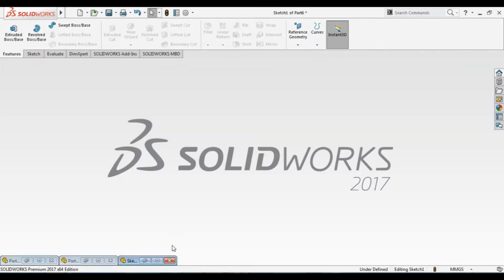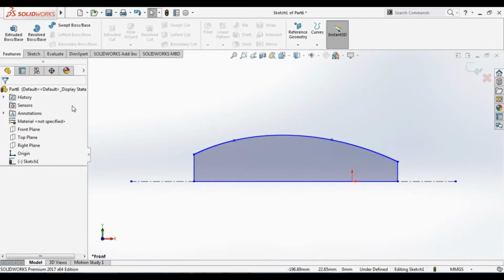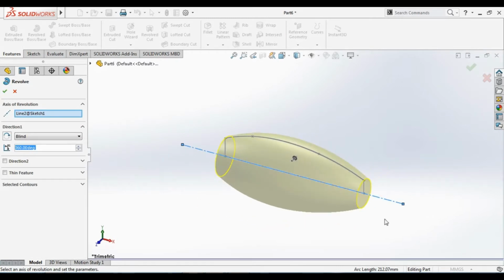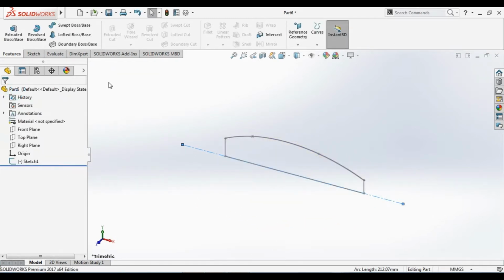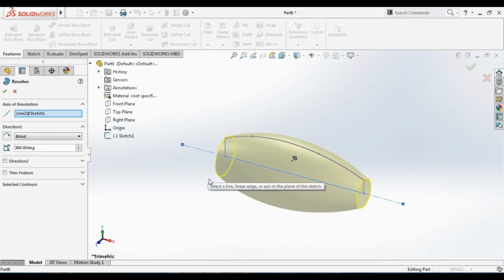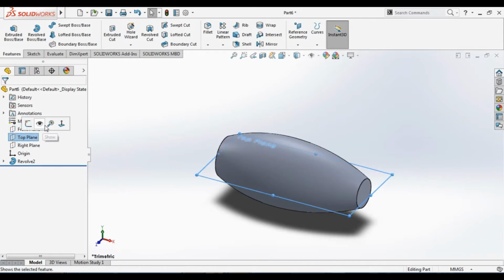Third example is if you want to use extrude cut, go to draw any shape, for example like this. I draw this by S. Exit the sketch, revolve, select sketch, and you can also go to here, revolve, select sketch from here, sketch 1, it's already selected, and go OK, and go to for example the plane, normal,